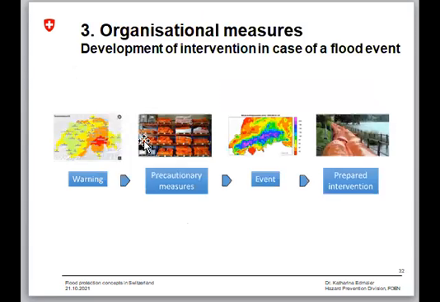A basic requirement for organizational measures is a precise and on-time warning. To this aim, forecasts, in case of floods for example precipitation and runoff forecasts, are supplemented with on-site observations and assessed in the local context. For this purpose, local natural hazard advisors with very good knowledge of local conditions are trained in Switzerland. They assume an advisory role in their communities in preparedness and during an event, but also in damage analysis.